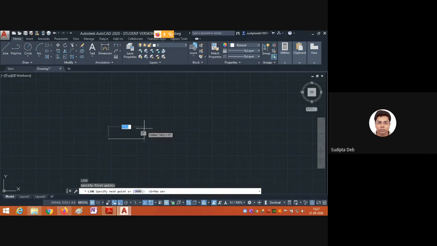Let me show. If I am giving this direction, first you have to give the direction. In this direction I want to draw. Now what is the distance? The first distance given in this direction is 128. So just type 128. Press a single enter. What I am telling is press a single enter, not double enter. If I press double enter, I will exit from this section. So then what will I do next?